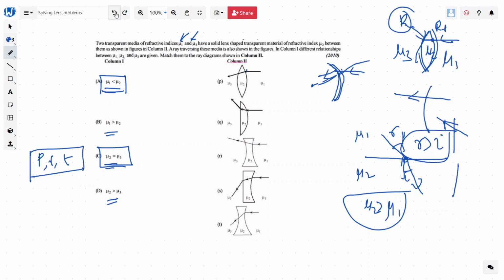So just by following Snell's law fundamentals, you can solve these problems. Let's try the other way around, when mu1 is greater than mu2. Of course, we said P and R is not there, so we are going to eliminate that. And look here, on this interface we have Q, right? So it's bending away from the normal,